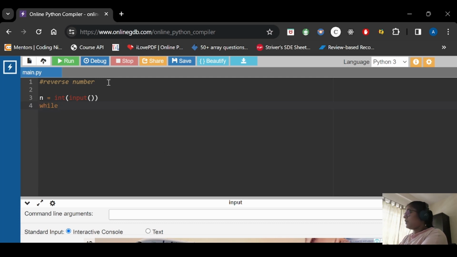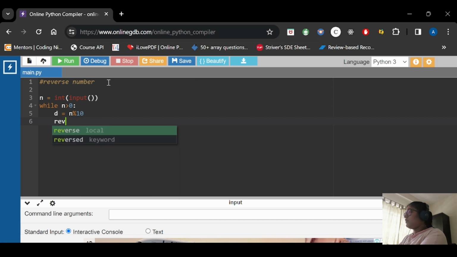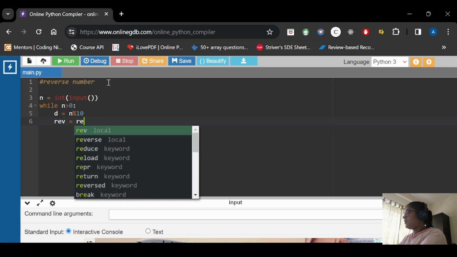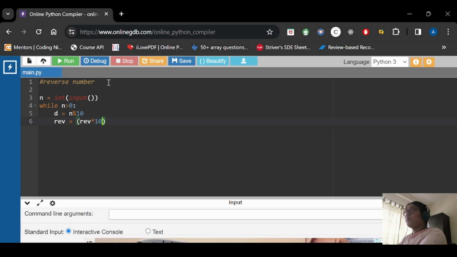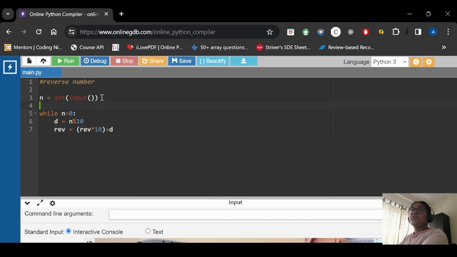So while n is greater than 0, d is equal to n mod 10, and then we will reverse the number: reverse is reverse multiplied by 10 plus d. So we have to initialize this also.